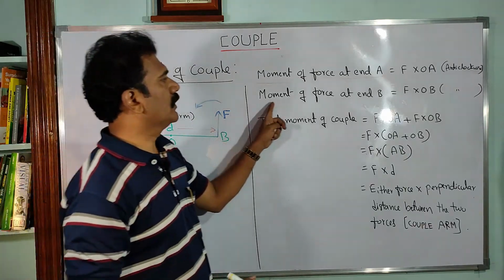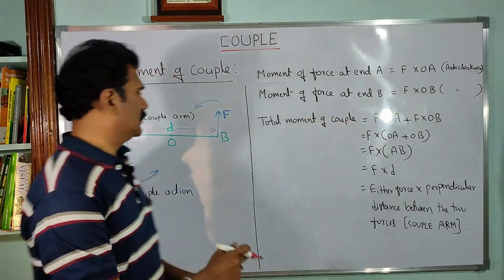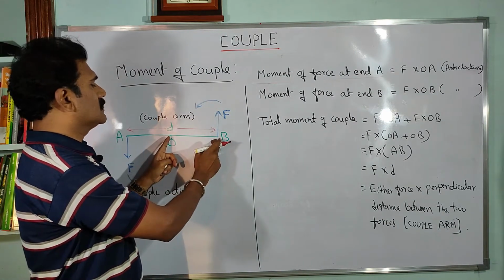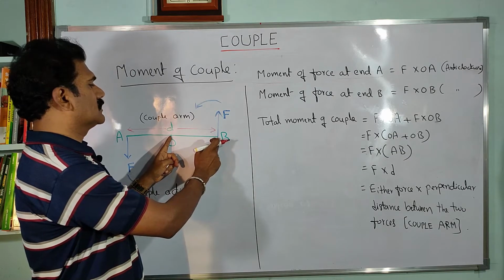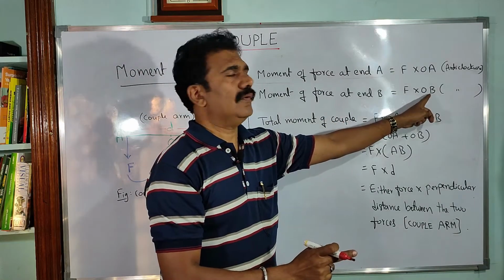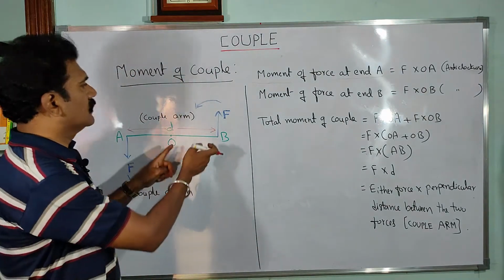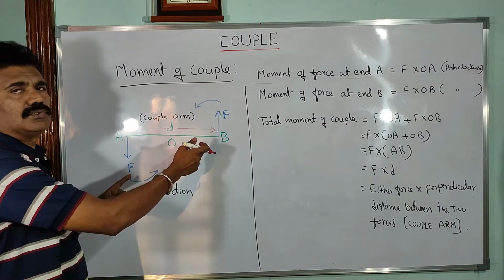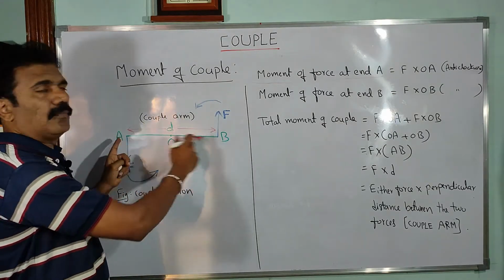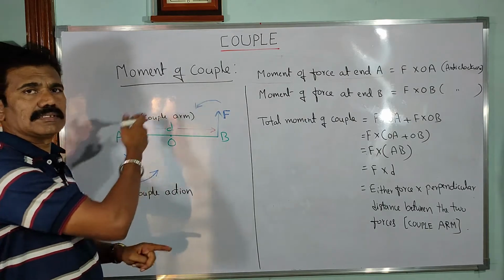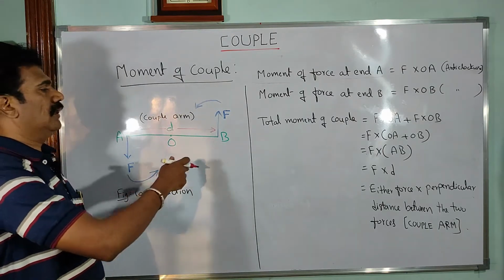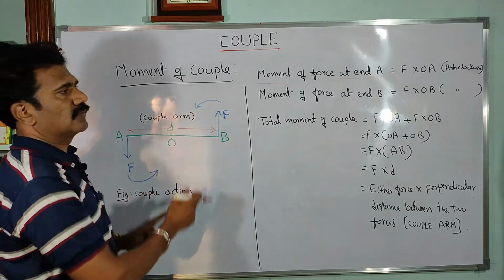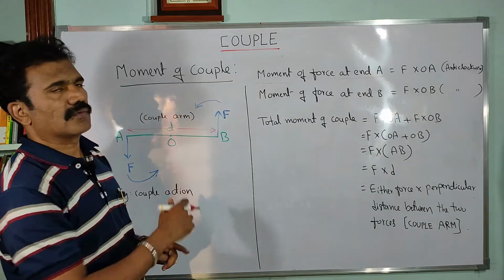Now similarly calculate the moment of the force at end B. That is also given by the product of the force into the perpendicular distance between the pivot point O and B, that is called OB, right? So this moment of the force at end B also gives anti-clockwise rotation. So both the forces constitute an anti-clockwise rotation to the bar AB, right? So you can expect the turning effect on the bar AB due to the two forces here. Two equal and opposite forces give the turning effect in the anti-clockwise direction.